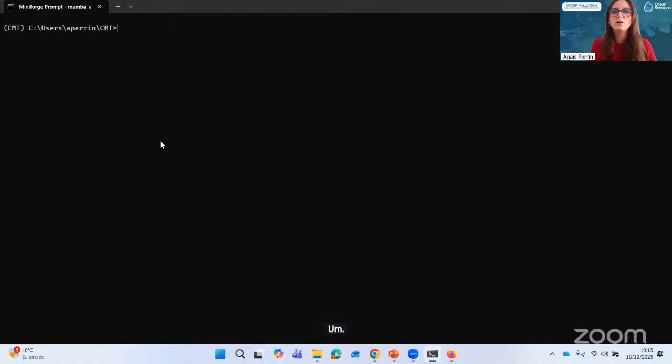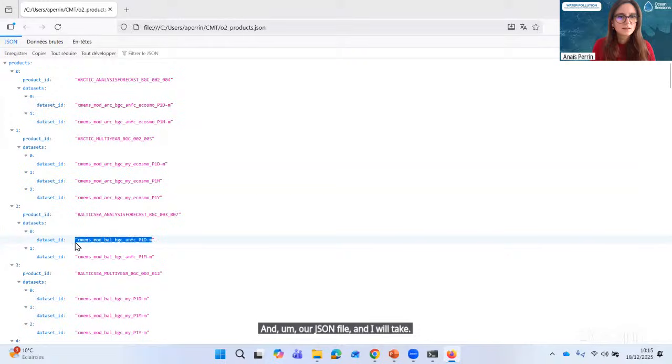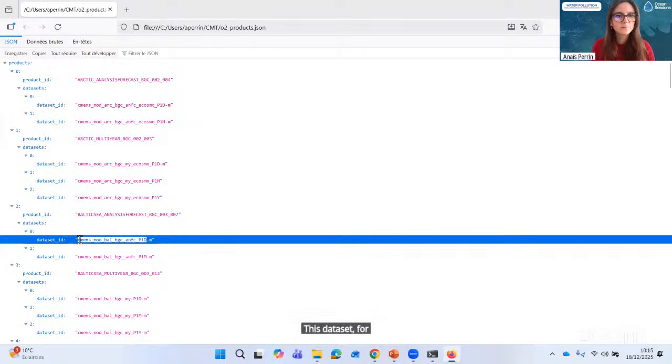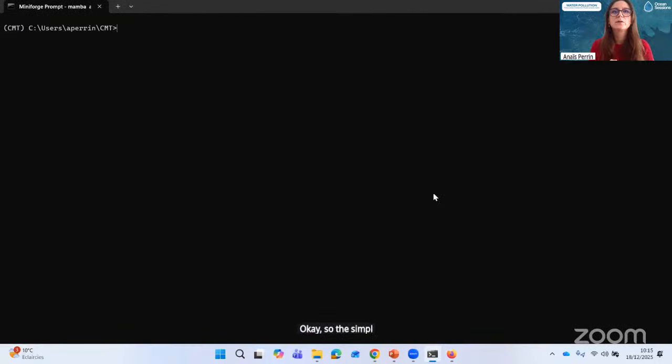I will reuse the dataset ID I found in our JSON file, and I will take this dataset, for example. Okay, so the simplest possible command looks like this: copernicusmarine get -i for the dataset, and then the dataset